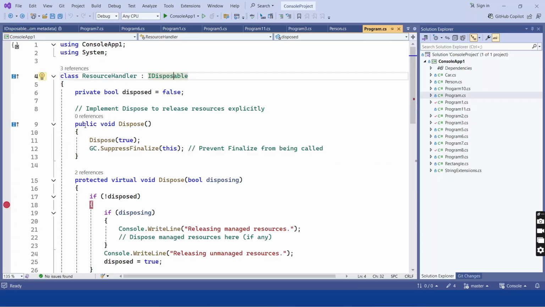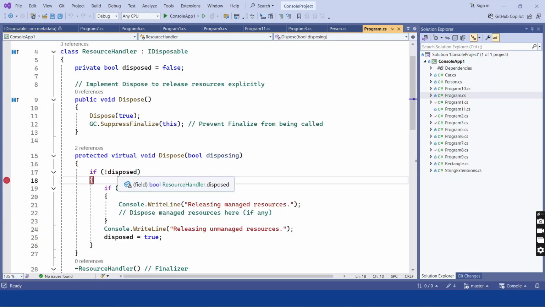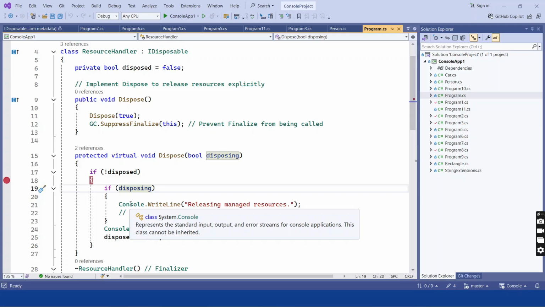So we have a public void Dispose method. In it, we have a public virtual void Dispose method, and the parameter it takes is true or false, which is a boolean data type. We check the condition: if disposed is false, that means here we have taken a private field disposed. If disposed is false, and in the nested if, disposing is true, then